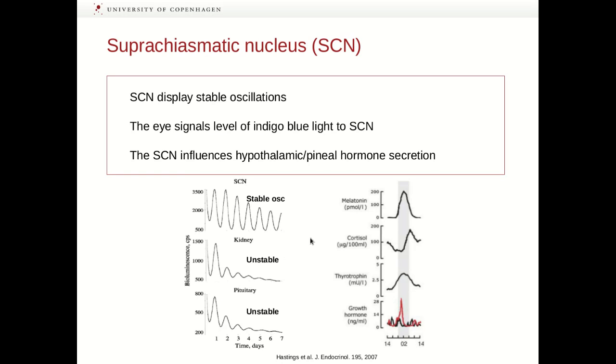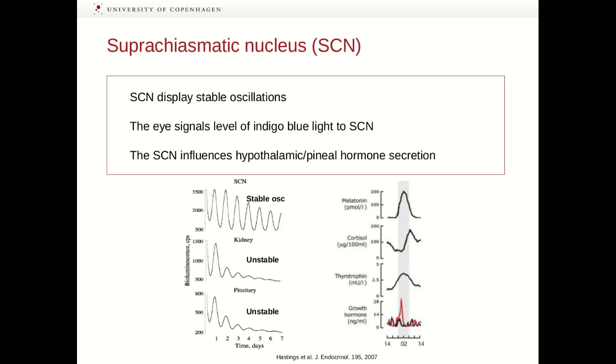Now, the suprachiasmatic nucleus maintains the oscillations in the peripheral cells by influencing the secretion of hormones from the hypothalamic or the pineal glands. Shown here in black is the circadian profiles of melatonin, cortisol, and thyrotropin secretions in people that are kept